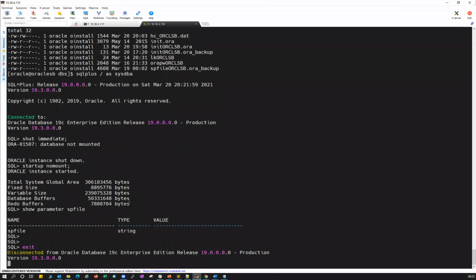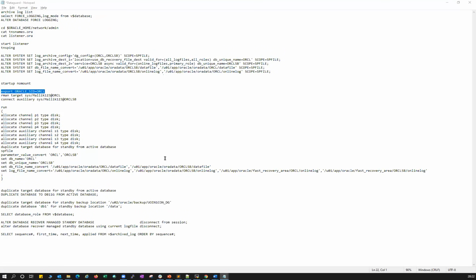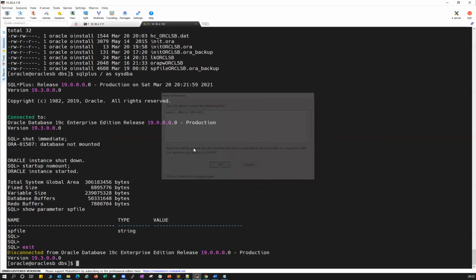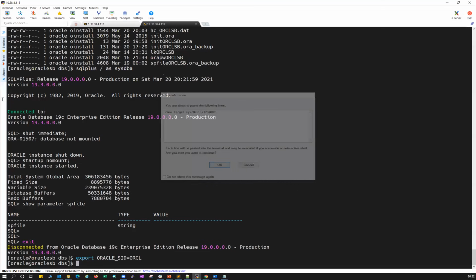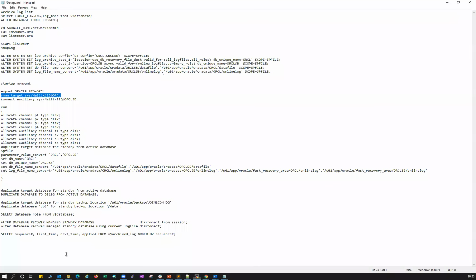Now we will connect back to RMAN and start the same restore command. Export my production database and connect to the RMAN prompt of my production database. And connect to my standby auxiliary instance. Connected to auxiliary instance. Now we will run the same run block.